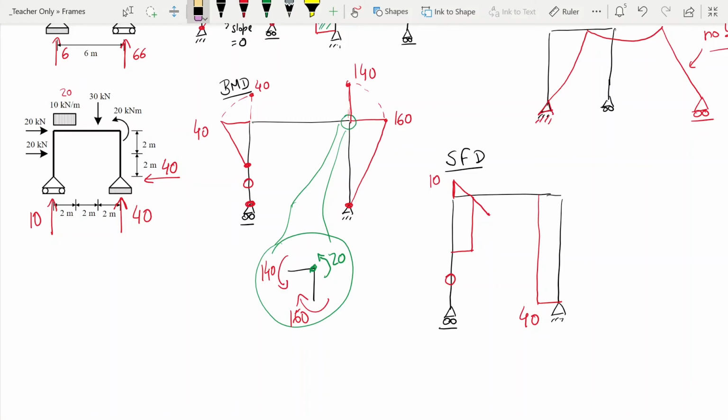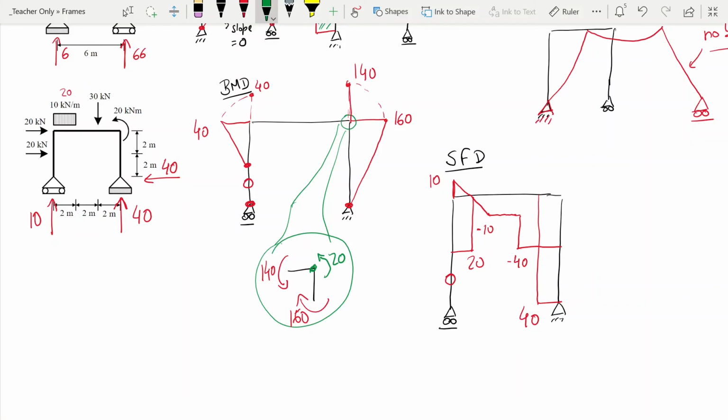Let me just move the 20 a little bit here. So then it goes to minus 10 there, stays constant for another 2 meters. Then the 30 bounces it down to minus 40. And then this stays constant until the minus 40 closes it. Okay, so now we need to figure out a way to calculate all these areas so we can close our